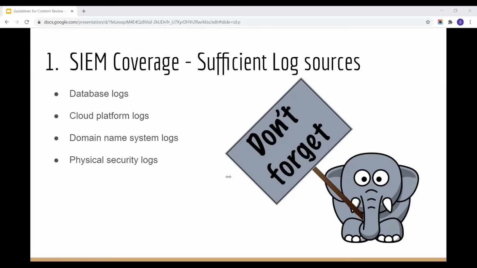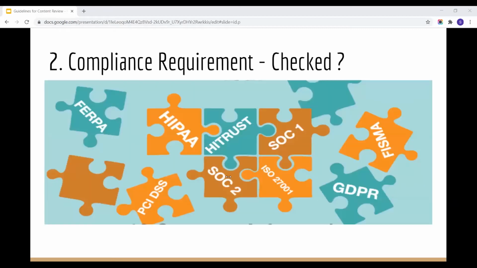And the last one is my favorite, physical security logs. Obtaining event logs from physical security applications, such as your cameras, your biometric card access readers, or your alarm system, is extremely valuable for cases involving insider threat. Combining these events with other evidence correlated from your security logs is essential to demonstrate a person's presence at the time of a violation, or whether their credentials were stolen. So the last one is actually one of my favorites.